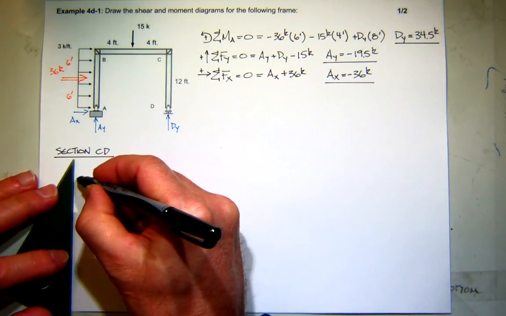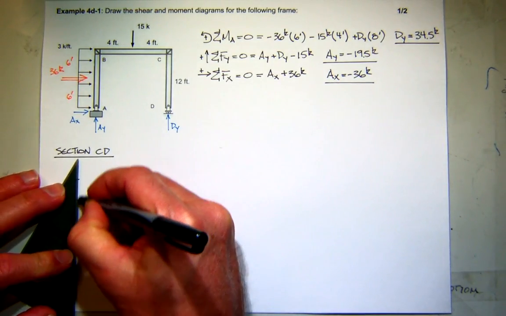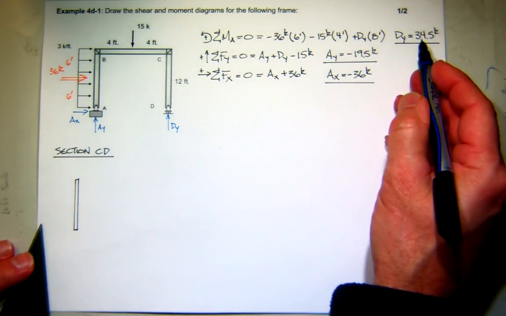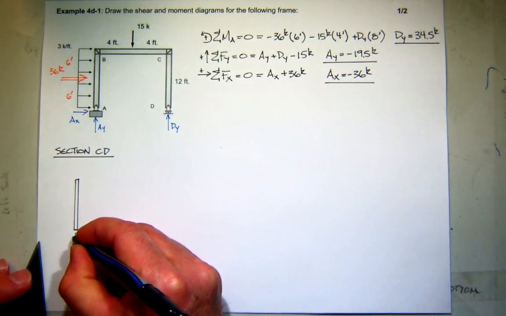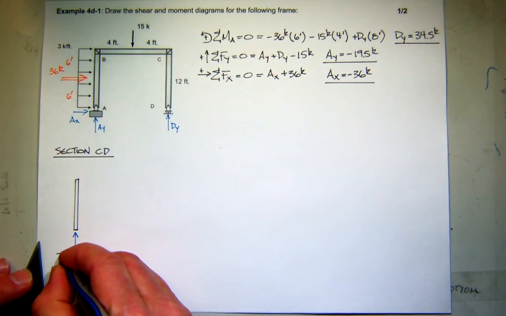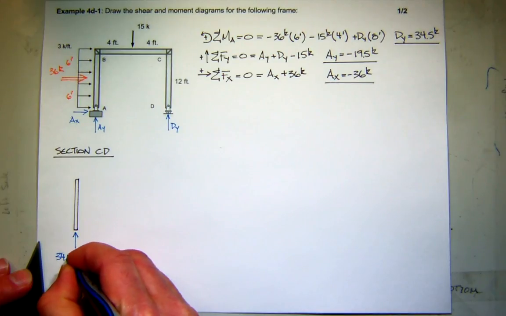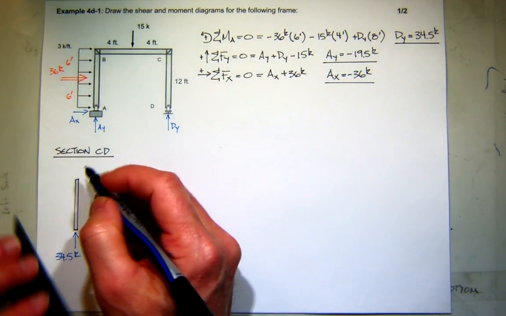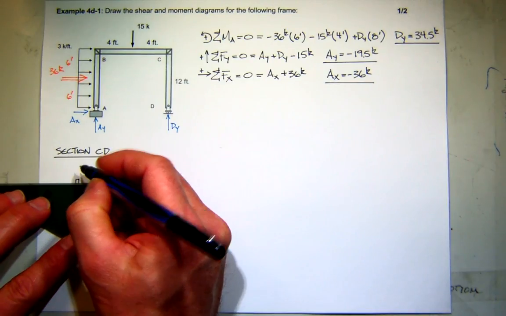So I'll draw the free body diagram for that section. The only thing we have acting on it is Dy. We found Dy. It was positive, so it's acting up. That's 34.5 kips. Now, at this section C, this is the first time I've looked at it, so I'm going to